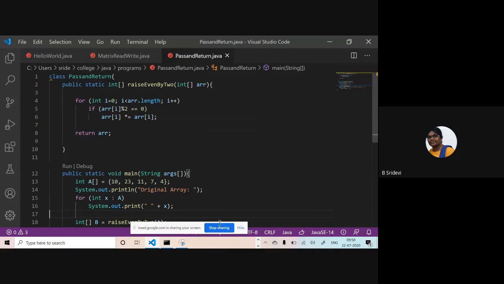Here, the return type is also an array. As I am sending an array back, this is the return type of the method. Okay, this is the name of the method, these are arguments, and this is the return type. We will not write return type in Python. Simply def method name, argument.